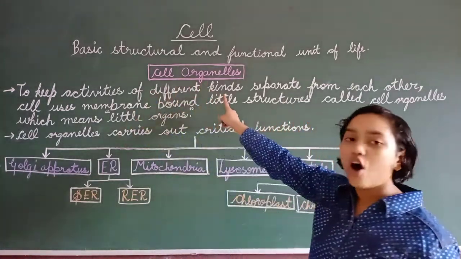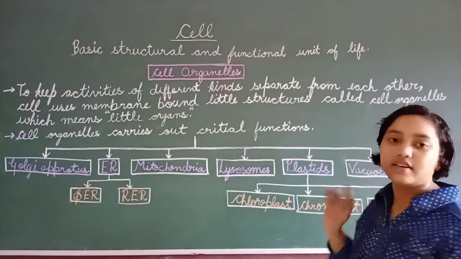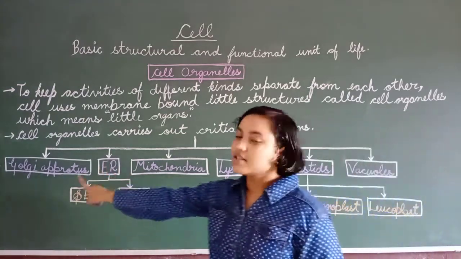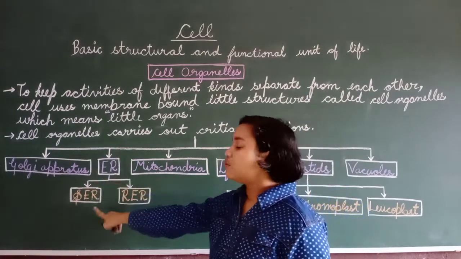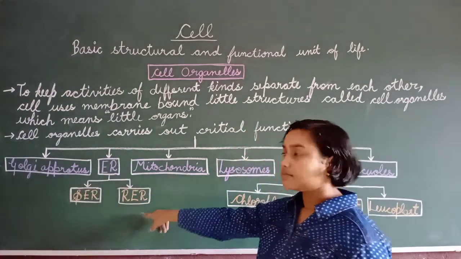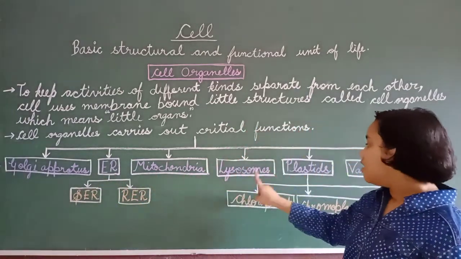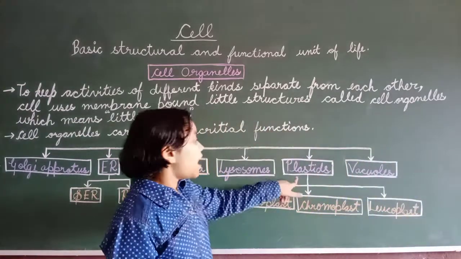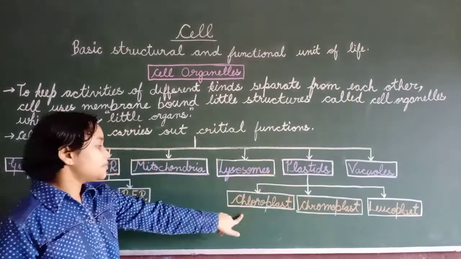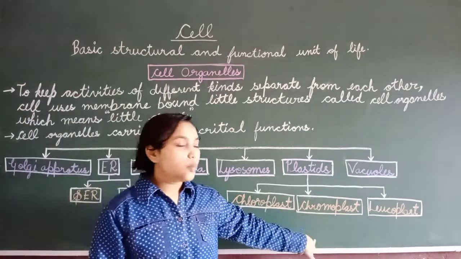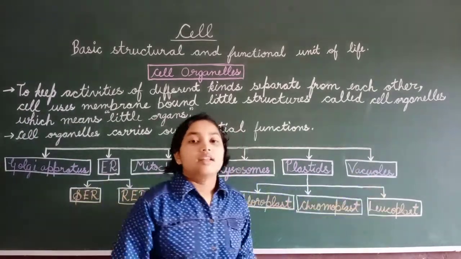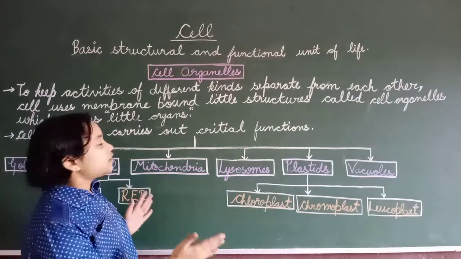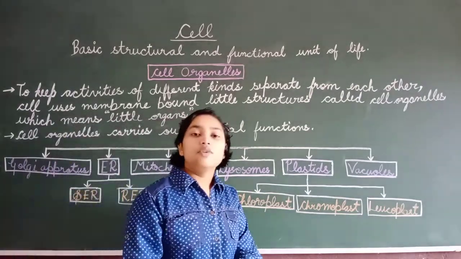So now, cell organelles have different parts. First, the Golgi apparatus, the ER, which is divided into SER and RER, mitochondria, lysosomes, plastids, which are of three types: chloroplast, chromoplast and leucoplast, and vacuoles. These are the different kinds of cell organelles which we will learn in the